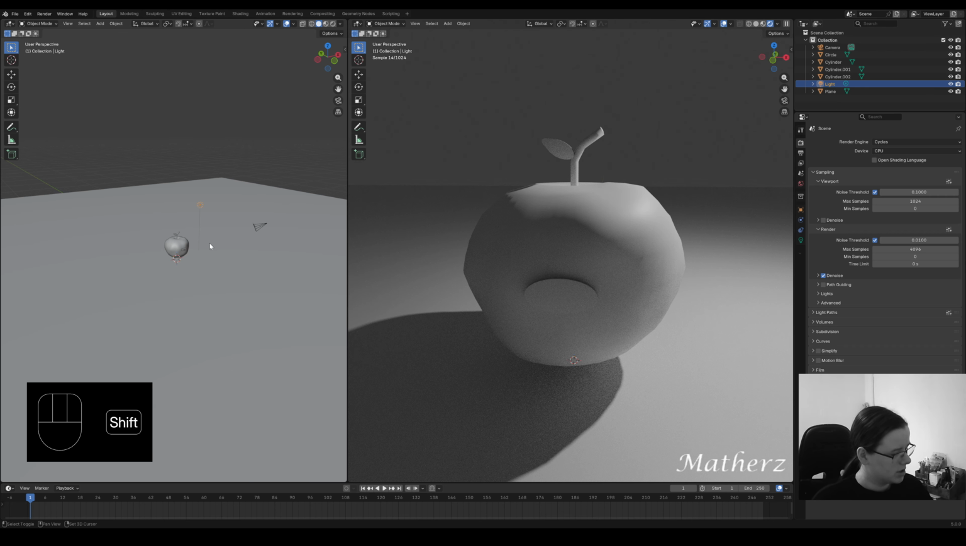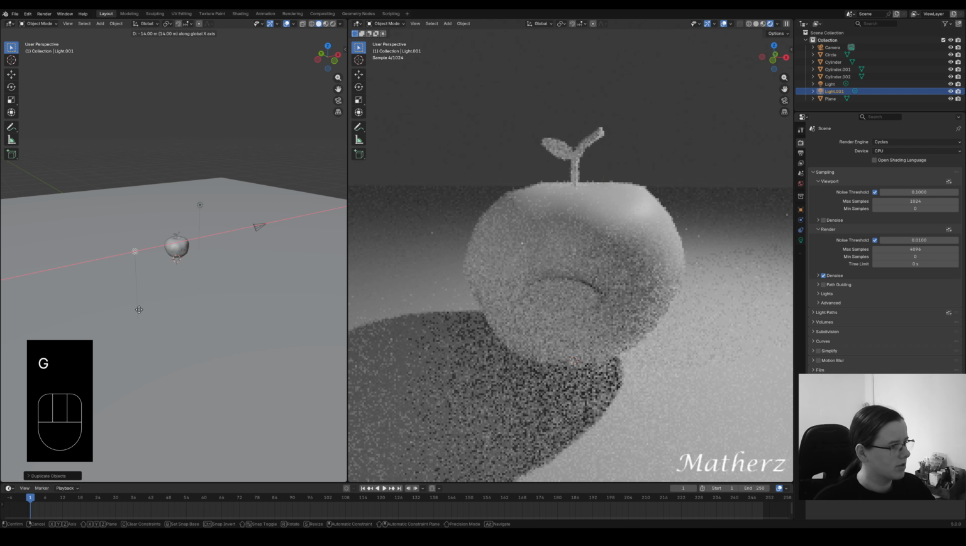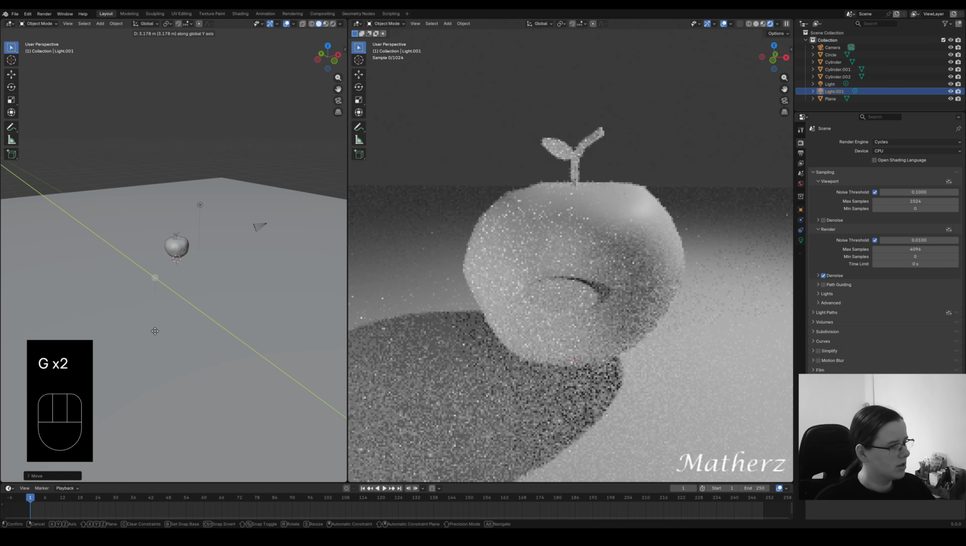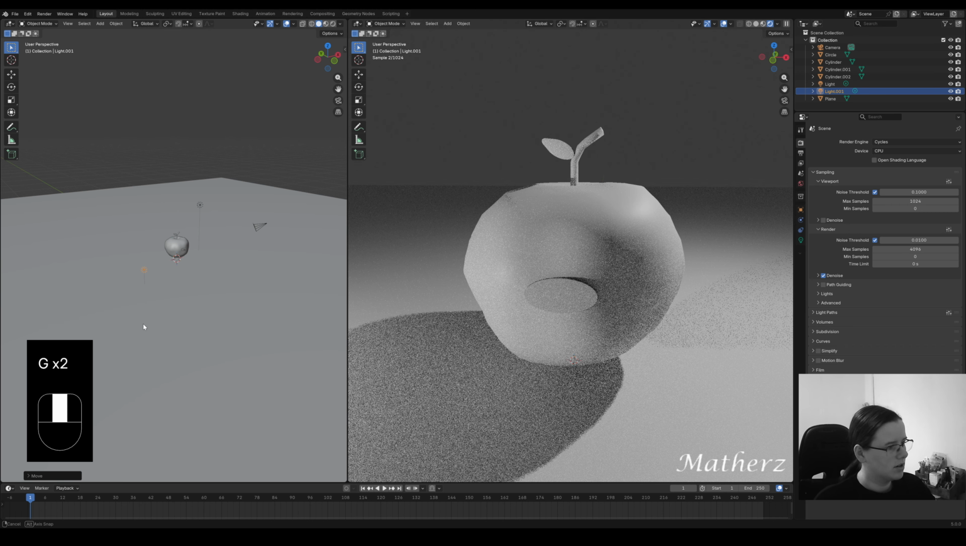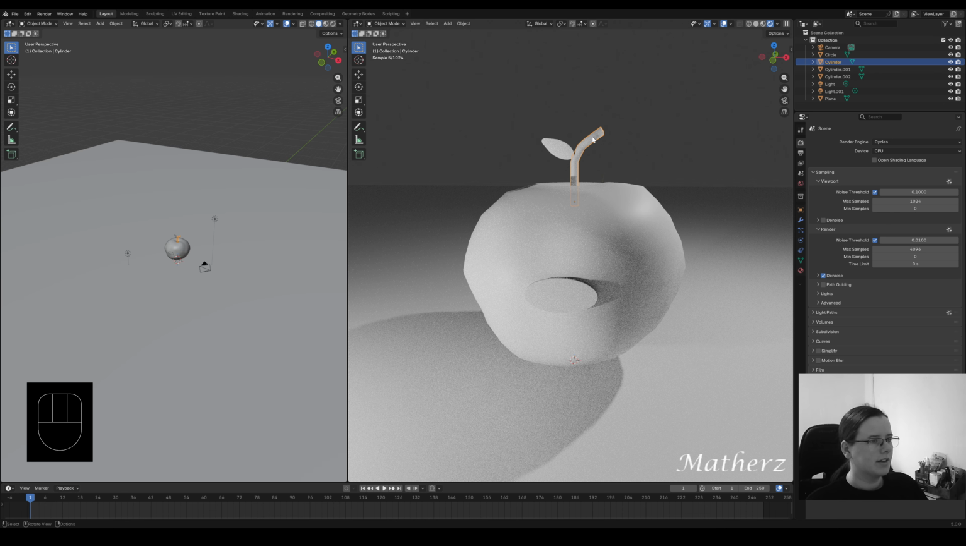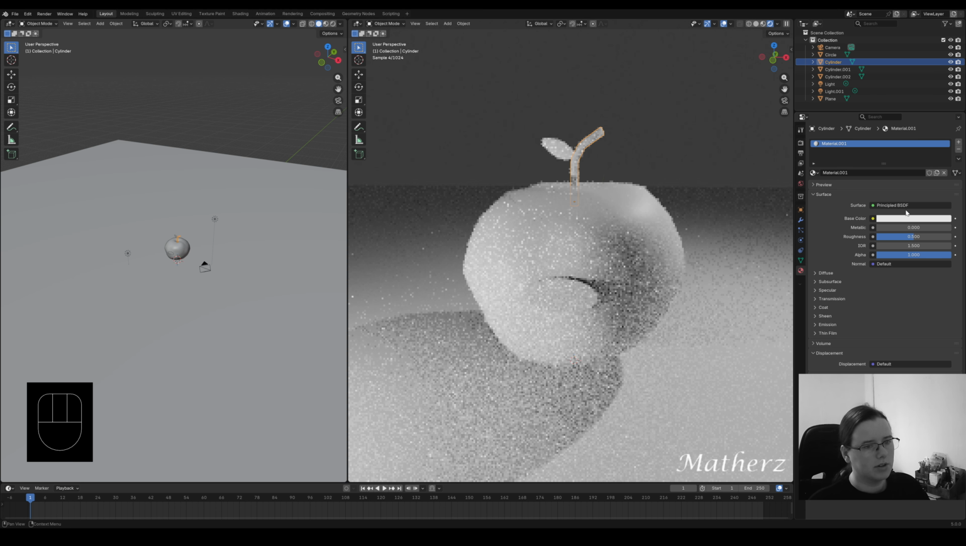Let's go Shift D, move this across, and then G, move this across to the appending side. Just as such. Just going to move this a little bit closer actually. There we go. Alright, so let's take the stock to begin with, and we will go to the Materials tab, New,